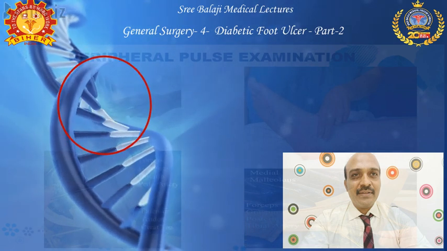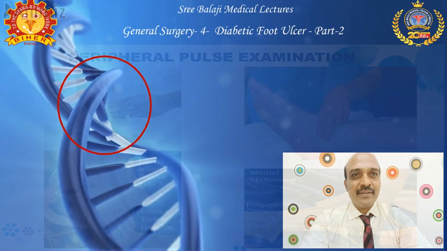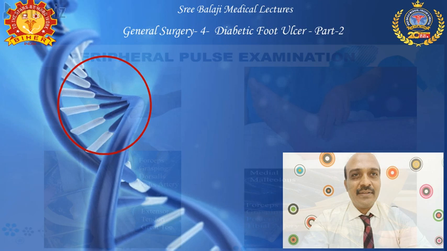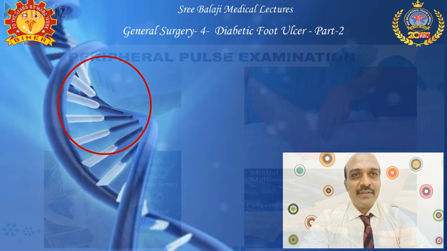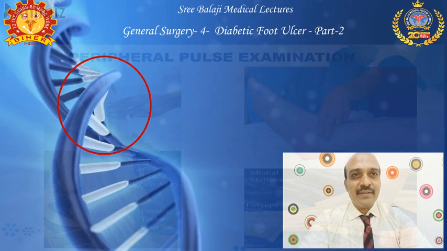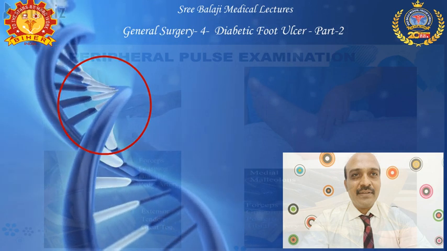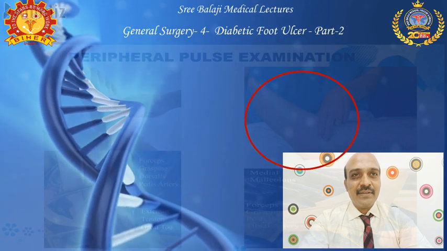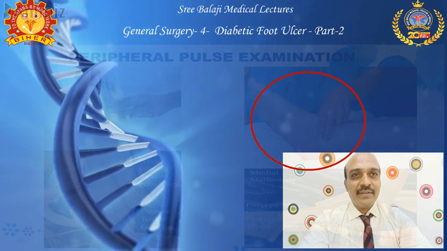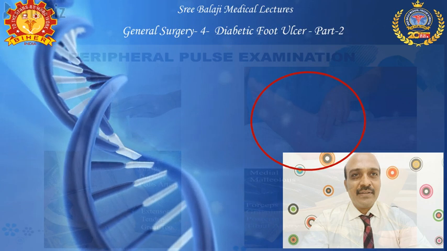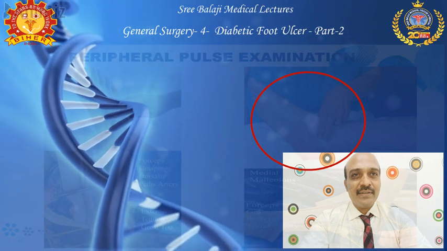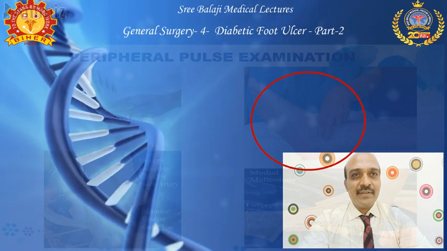Dorsalis pedis artery is done by placing the examiner's hand lateral to the extensor hallucis longus tendon over the first web space. Peripheral pulses should always be examined simultaneously in both the feet to see the difference in the pulse. Then posterior tibial artery is palpated between the medial malleolus and tendo Achilles. Similarly, like how dorsalis pedis artery is felt,